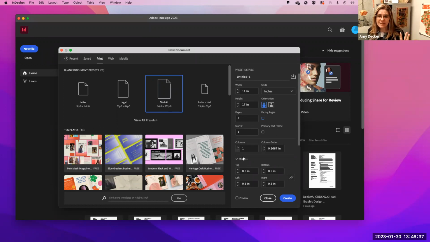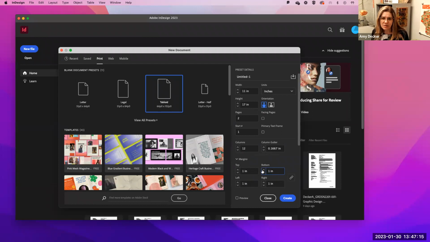Now, right here, you can set up your columns, your gutters, your margins, all of that. And I like to kind of get started by doing that, but you don't have to. What I'd like you to think about is, I want to have us all do a 12 column layout. And we're going to have margins that I'm going to put,